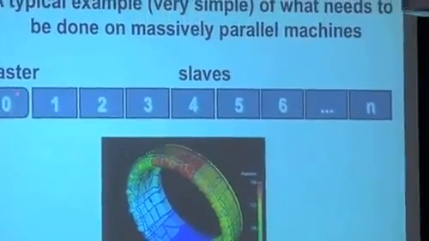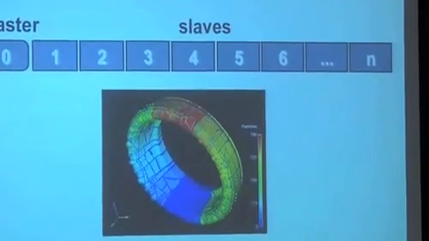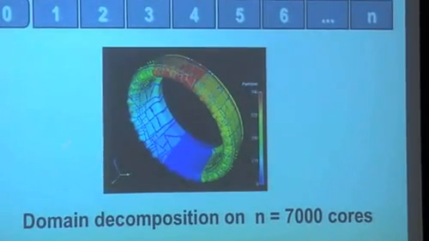The master was basically doing the common tasks and distributing this information to the slaves. Today, it's actually completely gone. We have a different structure. Everything I'm going to tell you today was working on 10,000. When we moved to 100,000, we had to throw everything away. So let me show you how this works.